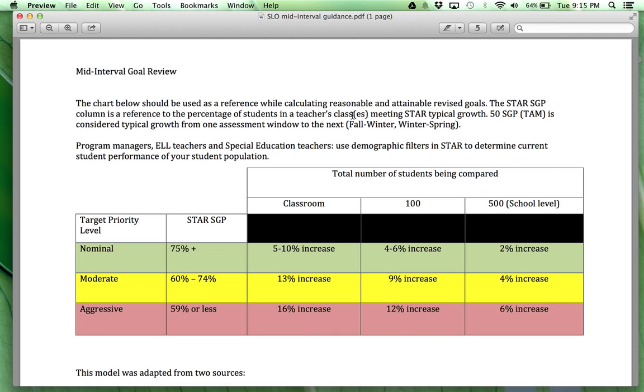First of all, when you run an SGP report, or if you look at your student growth data, if you have students at a level of 59% or less meeting their STAR student growth percentile, or not performing at a level of 59% or higher on another assessment in your classroom, you need to set a goal that is aggressive, meaning that you need to lift up the performance of a greater number and percentage of students in your class. So an aggressive goal, if you have student growth that is at 59% or less, is a 16% increase at